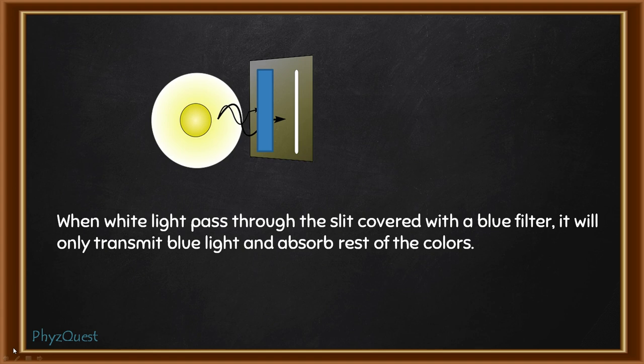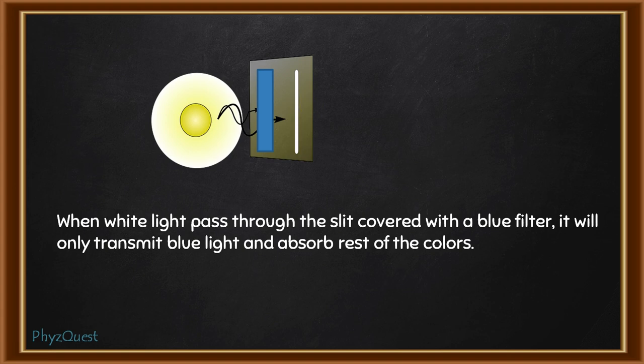I think I should rephrase the statement. See, from one slit there is white light, which is a combination of all the colors. From this slit there will be only blue color. So when they interfere, what will happen? Forget the rest of the colors, the blue color from this light will interfere with the blue color emanating from this. From this only blue color is emanating. So when both the colors combine,